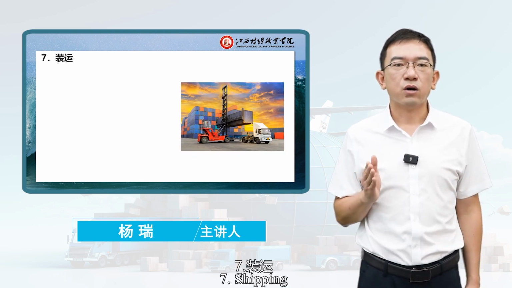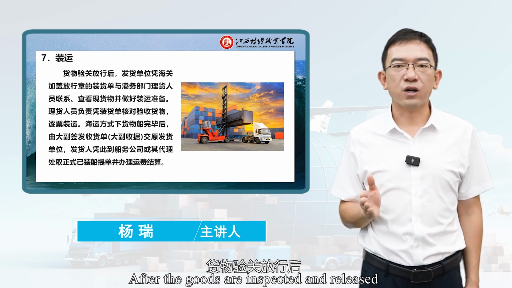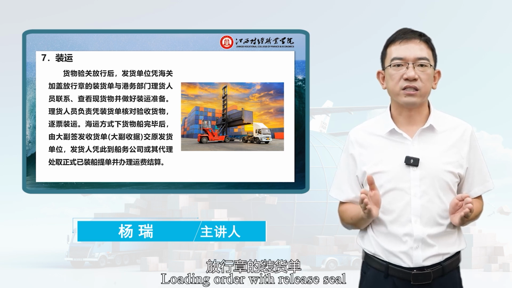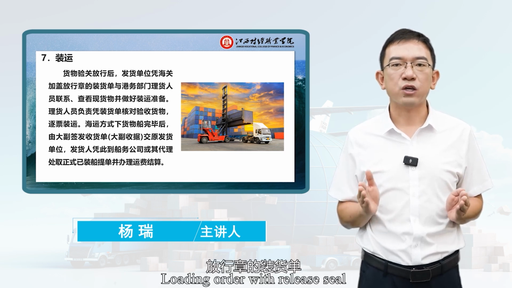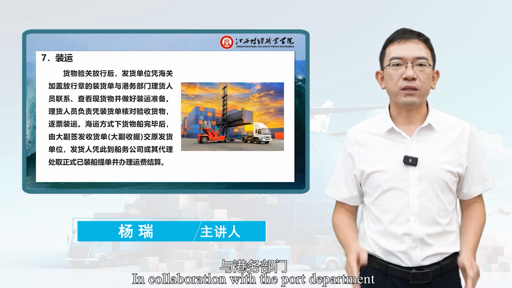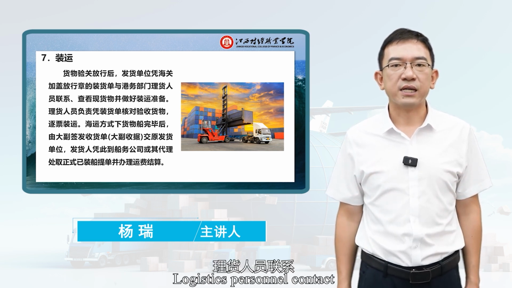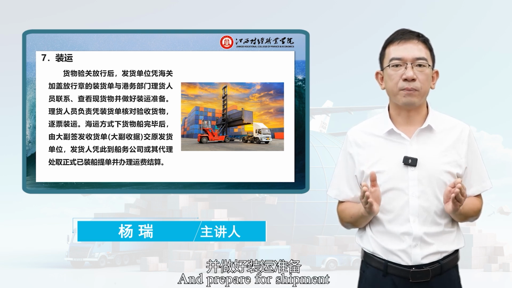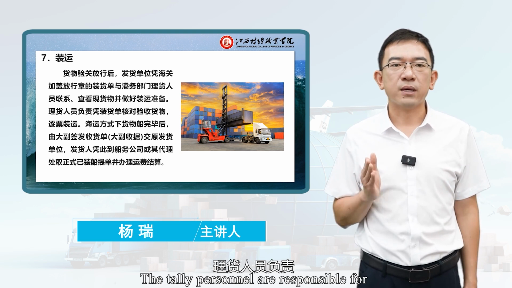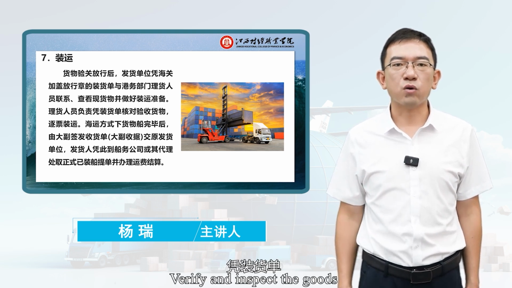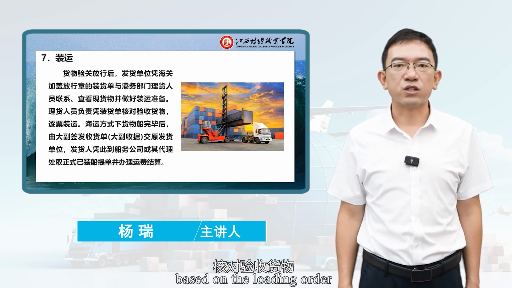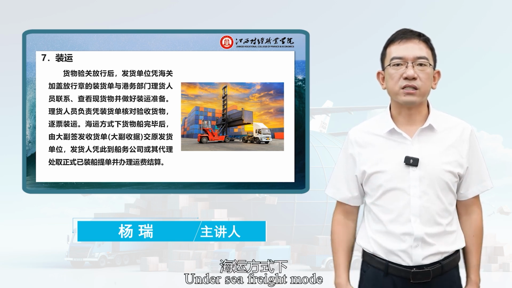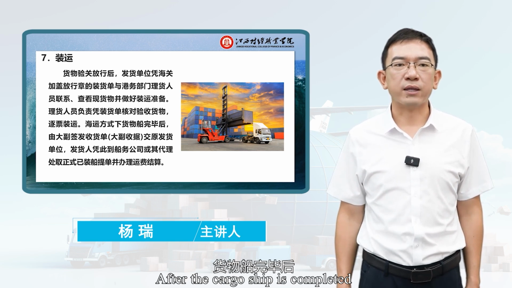7. Shipping. After the goods are inspected and released, the forwarding unit, with the loading order bearing the customs release seal, collaborates with the port department and logistics personnel to contact and view the current goods and prepare for shipment. The tally personnel are responsible for verifying and inspecting the goods based on the loading order. For shipment by sea freight, after the cargo is loaded onto the ship,